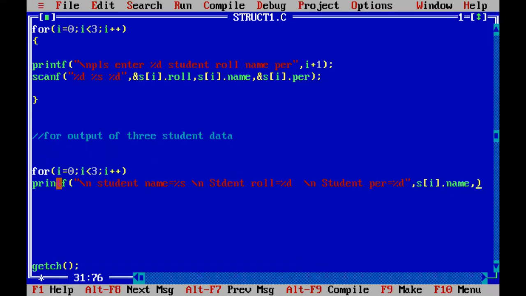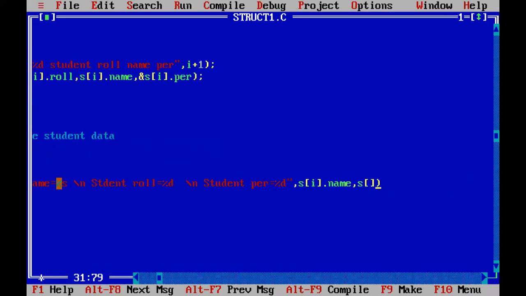Which roll number? s of i dot roll number you have to print, comma, and s of i dot percentage you have to print.